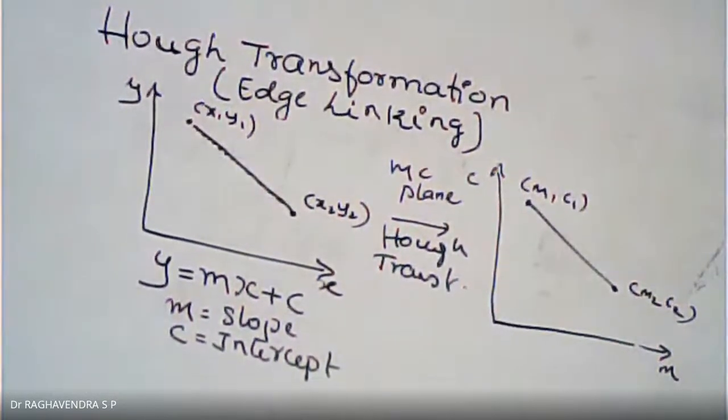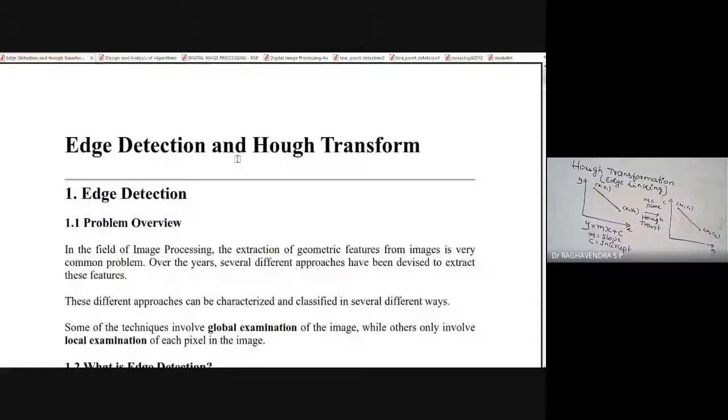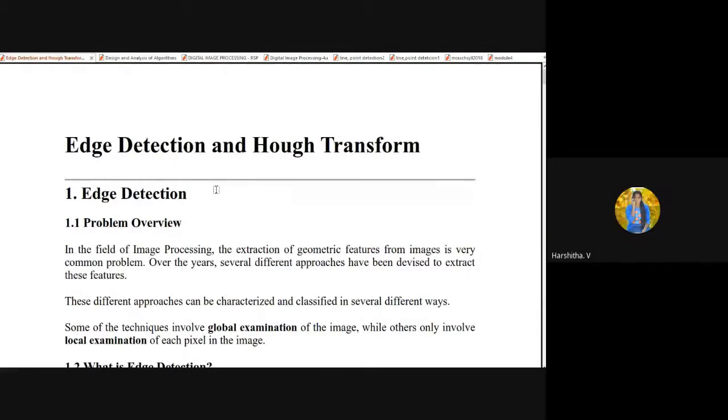Can you see the PDF, dear students? Yes, sir.